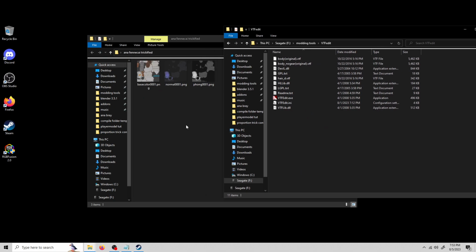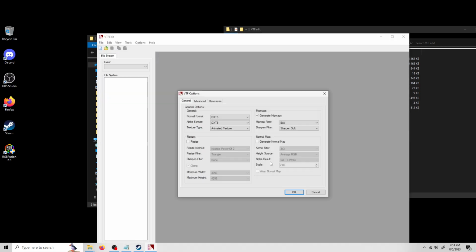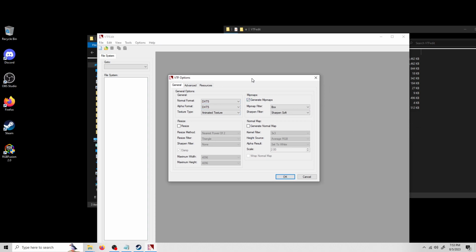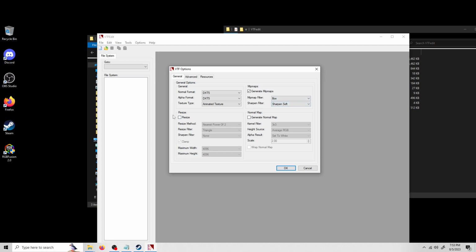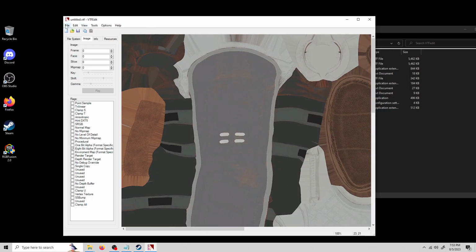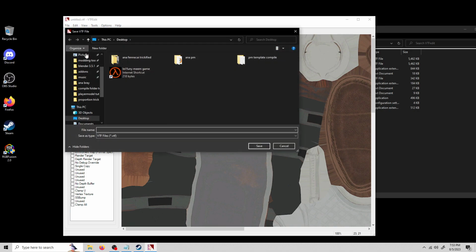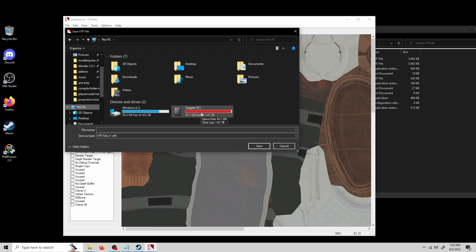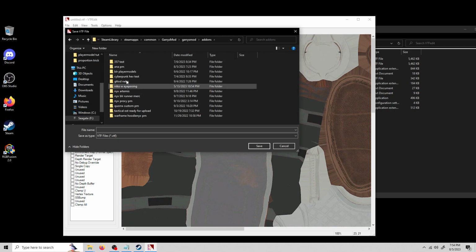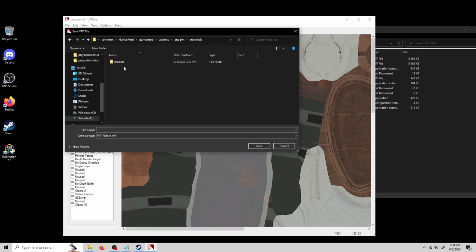So here's VTF edit, and we're going to drag the base color onto the exe. And you're going to want to set normal and alpha to DXT5 and check the generate maps box. Leave everything default. Leave all this stuff unchecked. Click OK. And then we're going to go to File, Save As, and we're going to navigate to our Garry's Mod folder. In Garry's Mod, we're going to go to Add-ons and our Playermodel folder, Materials, Models, and into the